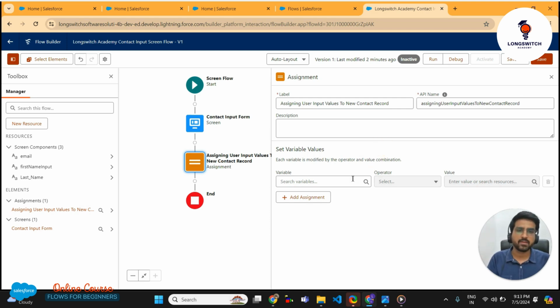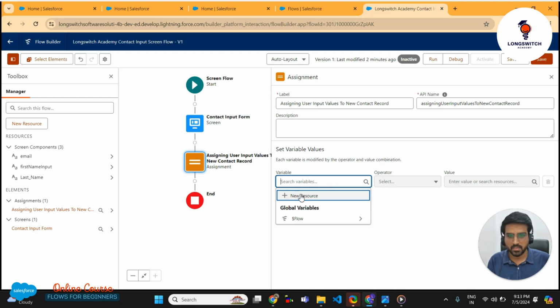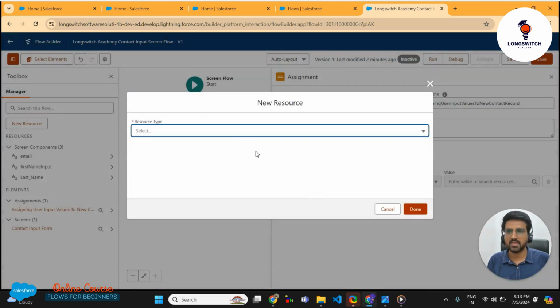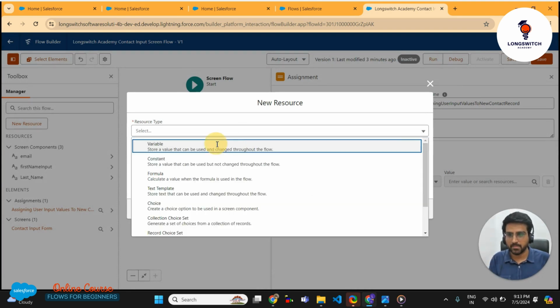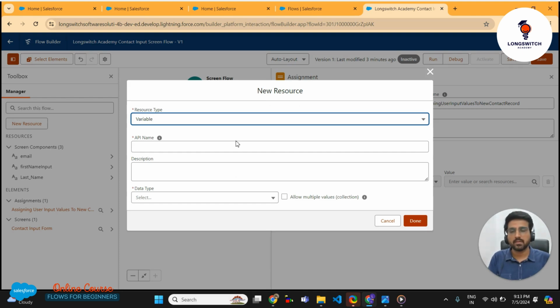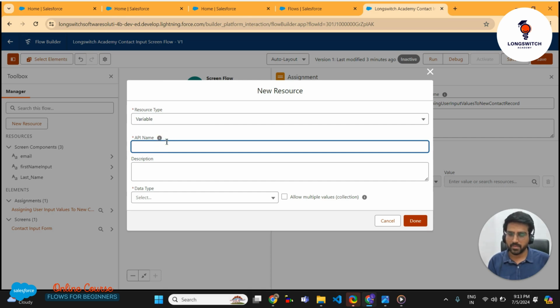Now we don't have any record variable, so we have to first create a record variable. Here in this button, New Resource, you can create a new resource of type variable. Because we want to create a variable of type contact record, to assign these field values that the user will be inputting, and then use that record variable to insert the data in the database. So my variable will be new